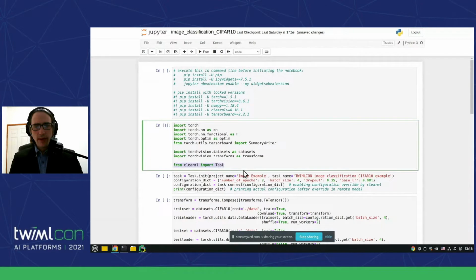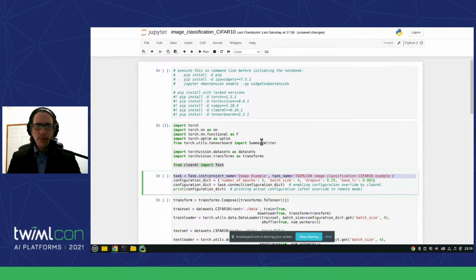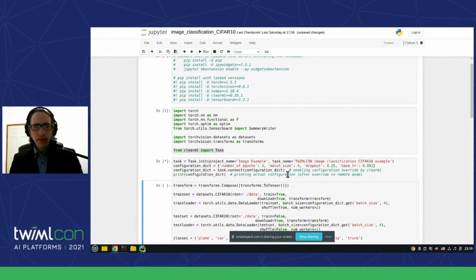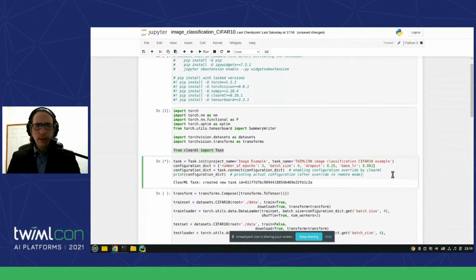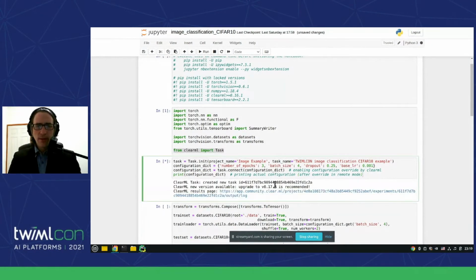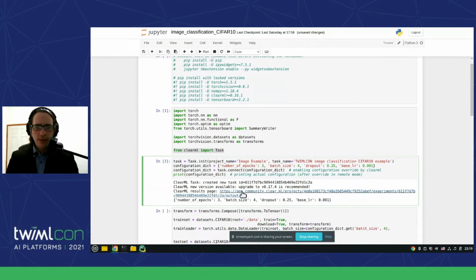You import the object called Task. And the second is you init the Task object, and you give it a project name and a task name. Now, because it's a Python notebook and I want to have an external interface into it, I can't use the automatic parsing of the arg parser into a configuration object. So I need to do it manually, but again, it's just configuring a dict and doing connect. I think you'd find nothing really revolutionary about it. The only thing that's nice is when I'm running it, it will connect to the main server. And then I will get a task ID, which means everything is tracked. And there's a link here back to the website that you can see.